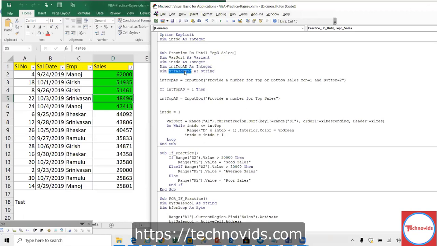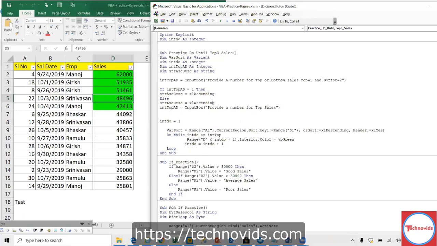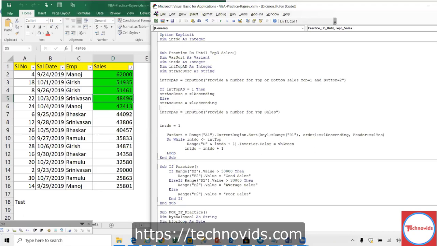This one I will assign as Excel ascending, else Excel descending.